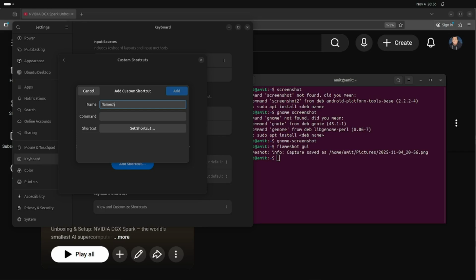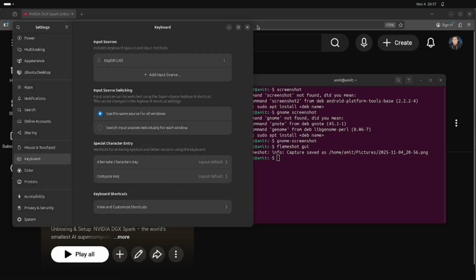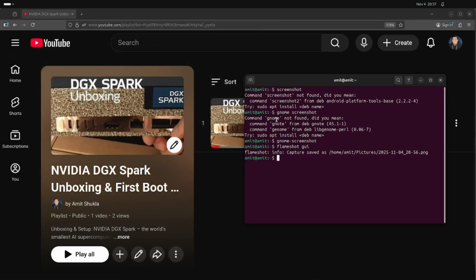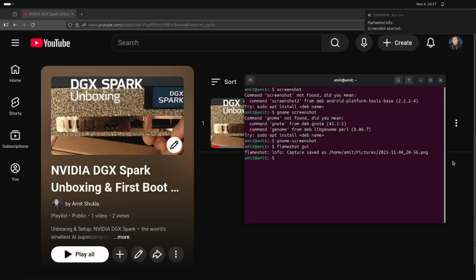All right, so here as you can see, I'm going to create a new custom shortcut to launch an app, just say Flameshot. And here you type how you launched it from the Ubuntu terminal. So in this case, I'm just going to say flameshot gui, and I'm going to create a shortcut, click add, done, save this, and I'm going to try this one more time. So I'm just going to hit Ctrl-Alt-S on my machine. As you can see, it immediately opens up